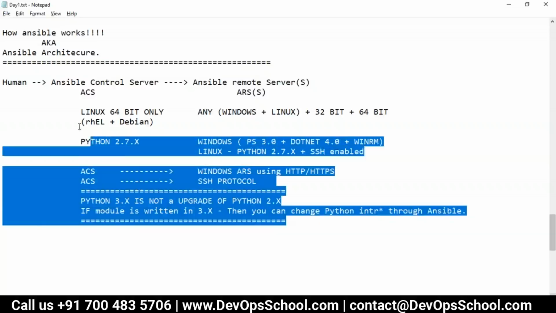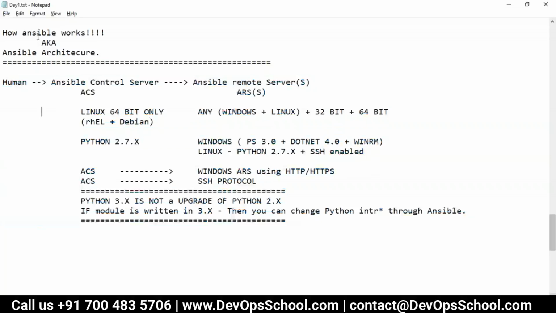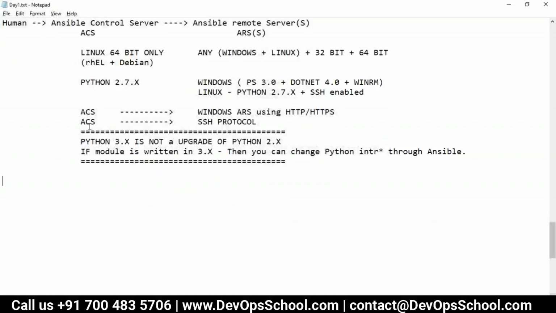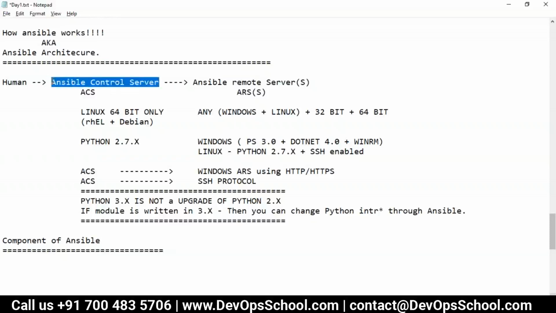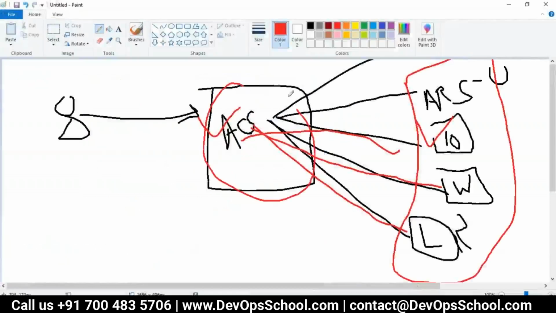I did discuss the anatomy of Ansible architecture and how it works, but I have not yet covered the components of Ansible. So what are the components of Ansible? Basically, I'm not talking about Ansible anymore. I am talking about the Ansible control server. In short, we call it ACS. From now onwards, I'm going to call it ACS. So please remember, when I say ACS,